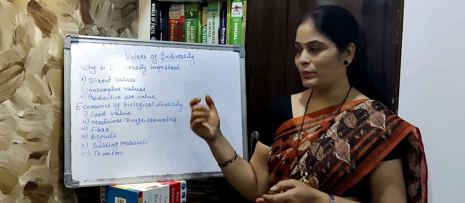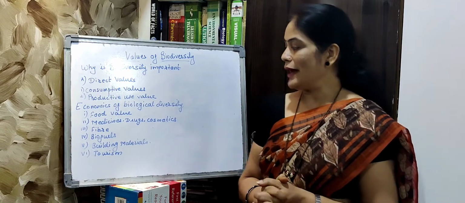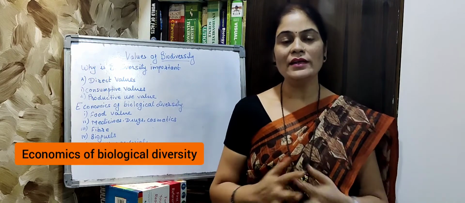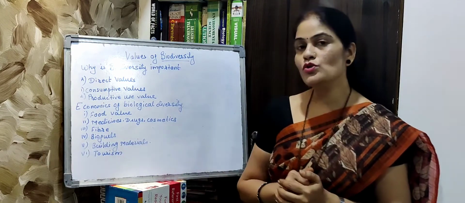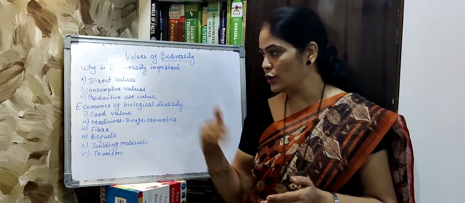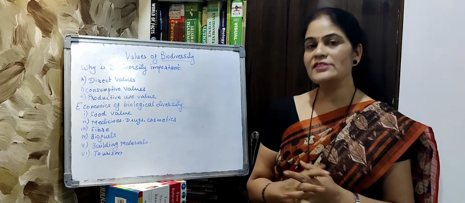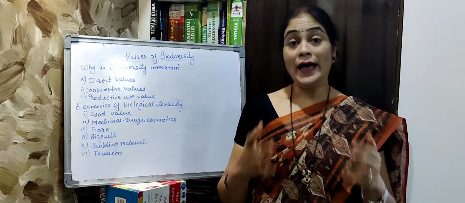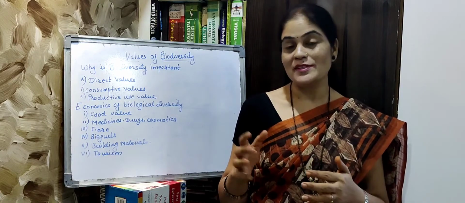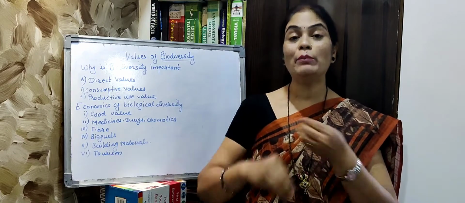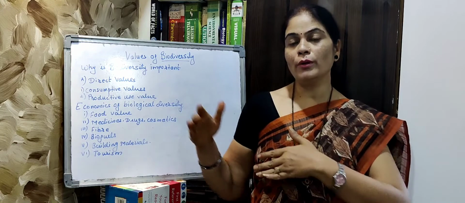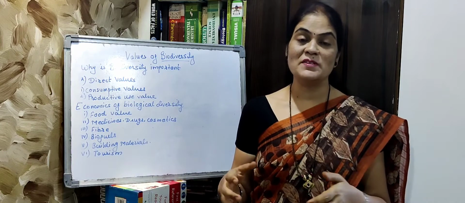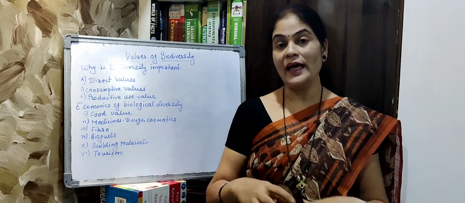Next one, the important topic is the economics of biological diversity. Here economics means how the human race is related with the economic use of this biodiversity. So a variety of uses are given under this heading. First one is the food value. Food value means what we are consuming, that is the food value of biodiversity. As you know, near about 80,000 plant species are available on the earth as edible. खा सकते हैं हम उसको, but from that 80,000 species, only near about 15,000 species are known edible species,